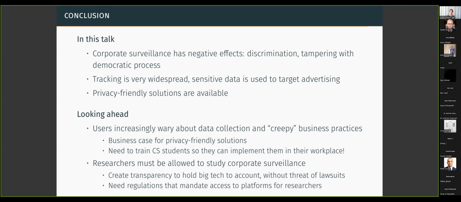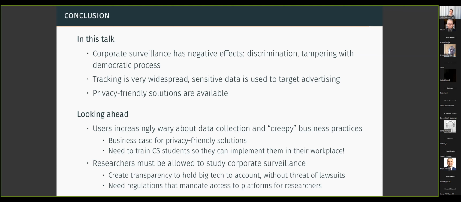Then I've shown you the extent to which corporate surveillance is actually present on the web, and we've seen that it's quite widespread, and also that sensitive data derived from this tracking is used for targeted advertising. And then in the second part, I've shown you that privacy-friendly solutions are indeed available, just not used very much. Now, looking ahead,